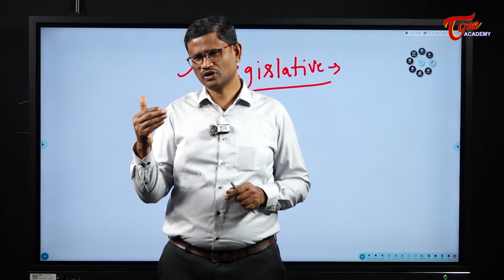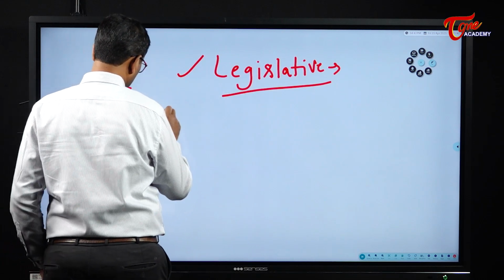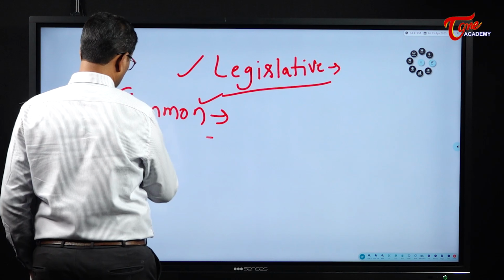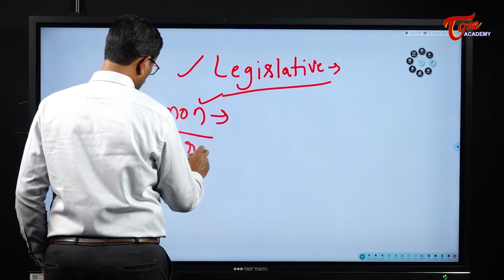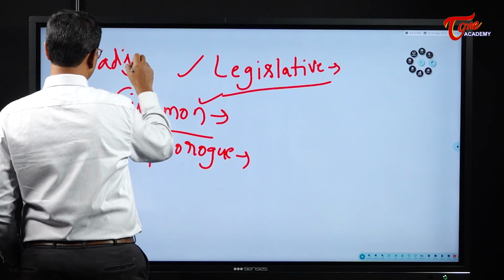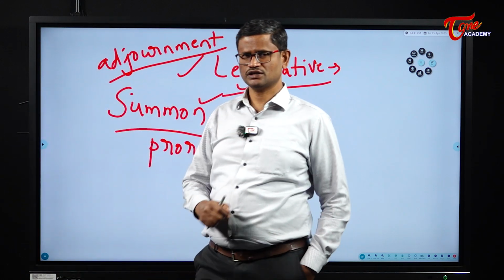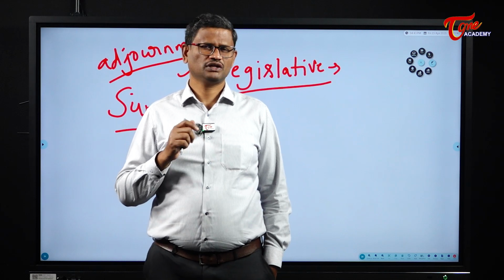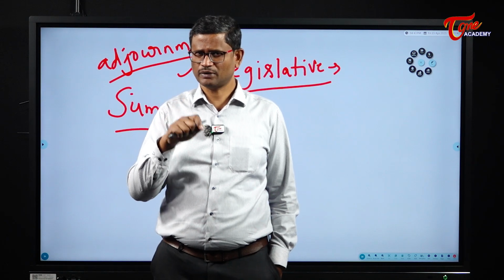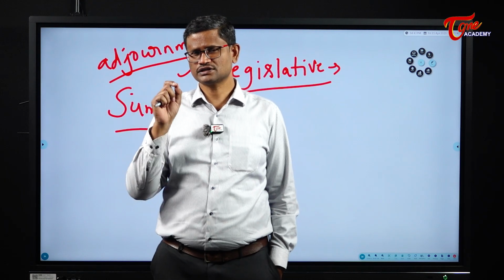The president has the power to end the sessions. So summoning and proroguing, these are the two words. Saman, asking the Lok Sabha and Rajya Sabha to meet in session, that is saman. The next one is prorogue. Prorogue means ending the session of the parliament. There is one more word called adjournment. So adjournment is done by the presiding officer. So if it is Lok Sabha, the speaker of the Lok Sabha, if it is Rajya Sabha, the chairman of Rajya Sabha will adjourn the house. But when it comes to summoning the house, asking the house to meet, and also ending the session of the house, this is done by the president.